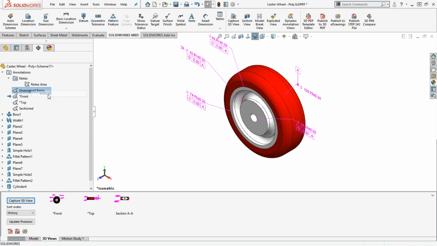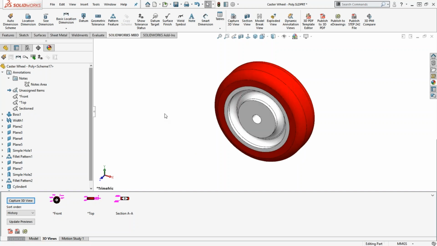Let's actually activate the unassigned items. That way I can hide everything else. So now you can see, now that I'm on unassigned items, I have the ability to hide the other annotations that exist, because I want to create another annotation